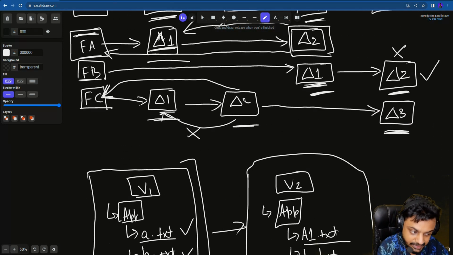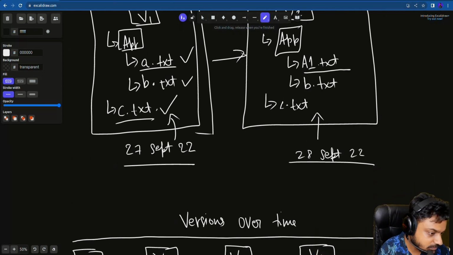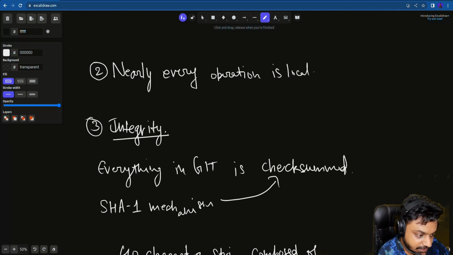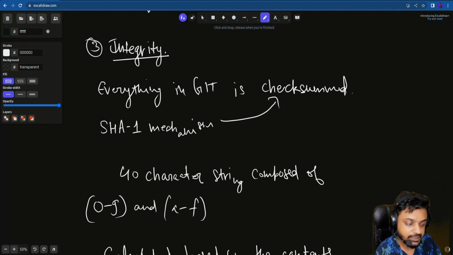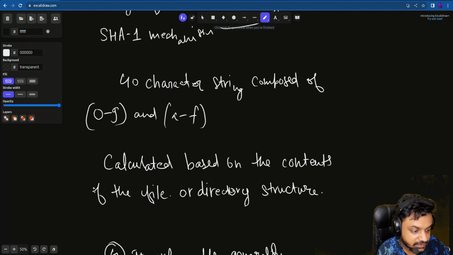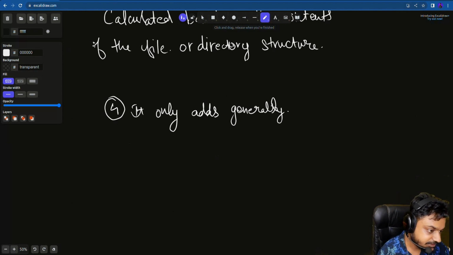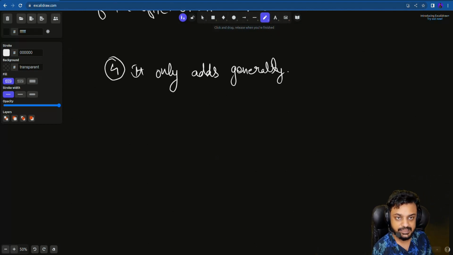So things like it thinking of the data in terms of snapshots rather than maintaining a list of changes happening to the files in different versions, every operation being local in Git, and it checksumming everything to maintain the integrity of the data, and generally the basic nature of Git to just add things, instead of you deleting anything from the history, right? So all of these things were there, and in this video we are going to first talk about the